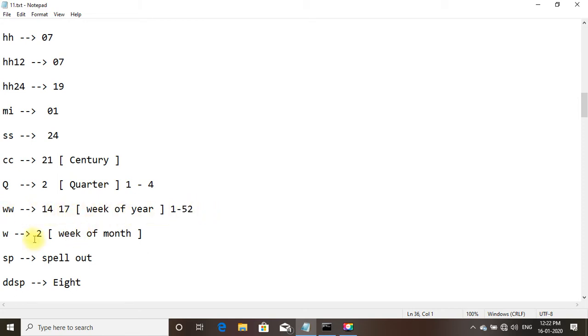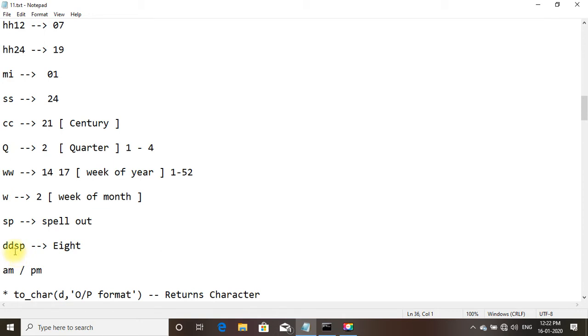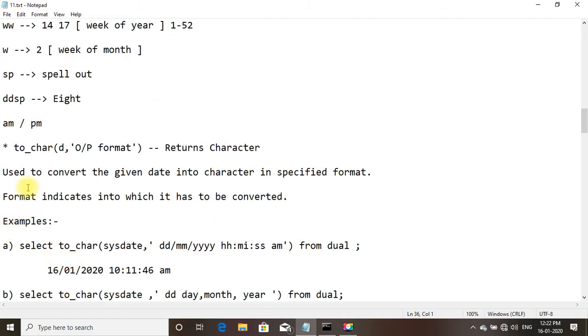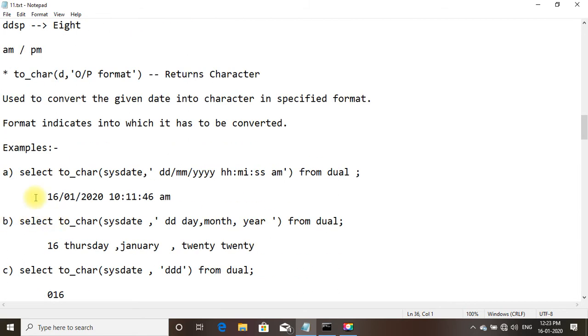WW is the week of the year, W is the week of the month. SP is spell out. DDSP spells out the day. TO_CHAR output format returns a character, used to convert the given date into a character in the specified format. The format indicates into which it has to be converted. Example: